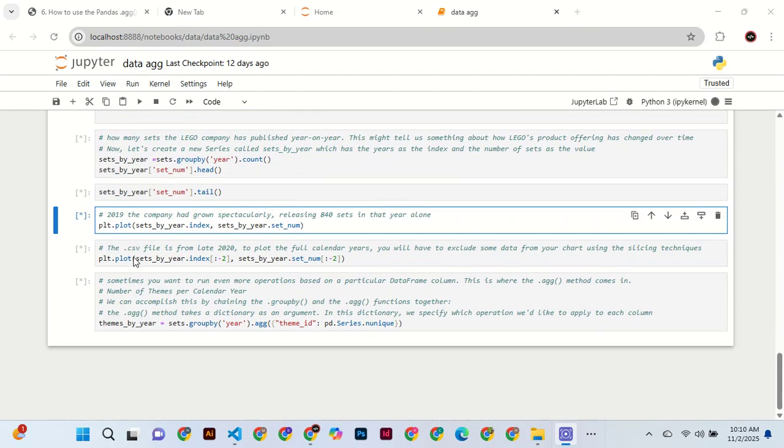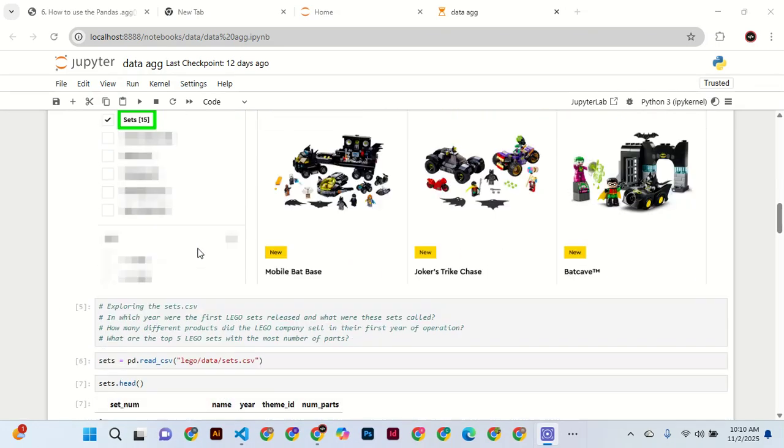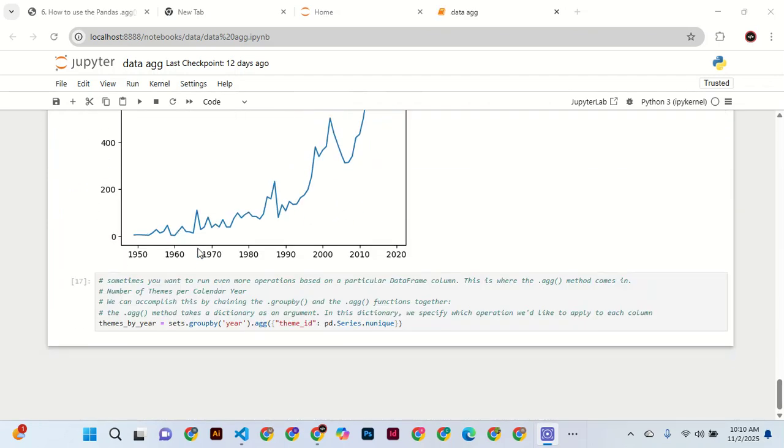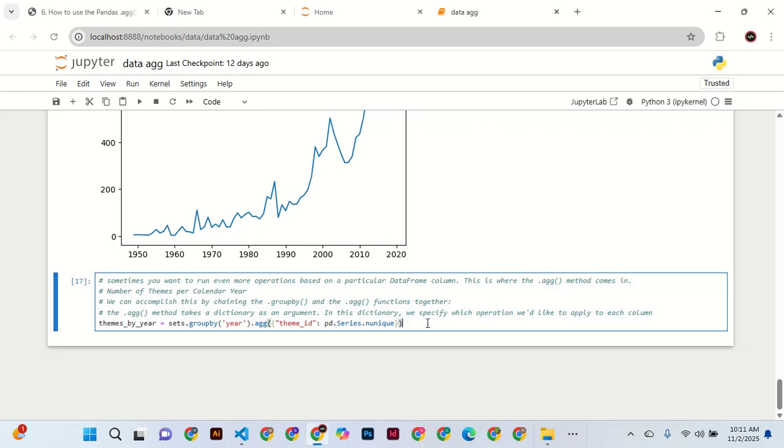Okay, now it has started really. Yeah, it has started. Now let's run this and see if we are getting the thing. So, shift enter,